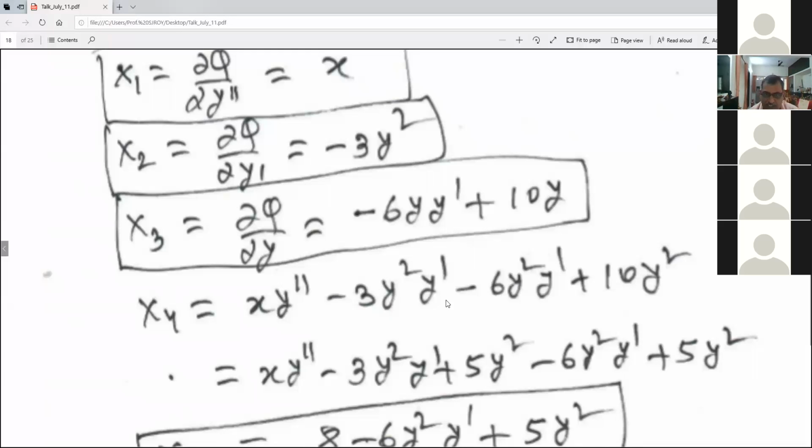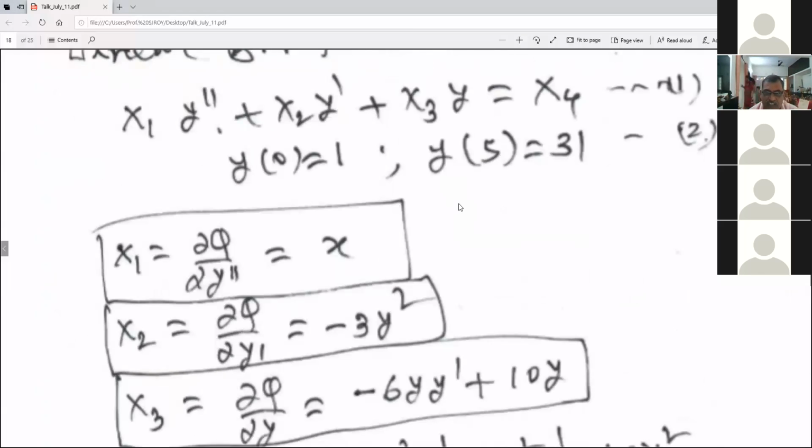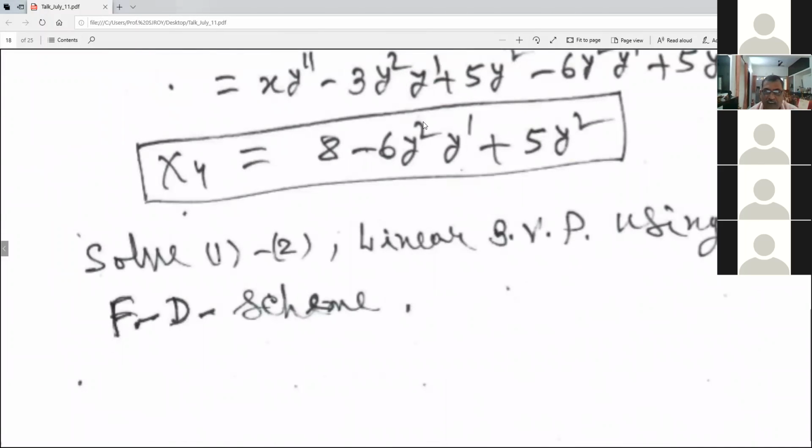Now this much big expression there is no need to write, because I can use the equation. The equation has these terms and another 5 y square. So you take from 5 y square, this quantity is 8. This 3-term value is 8. You see the equation. This value is 8. So I use the equation here in x4. Then I got this value. So I got x1, x2, x4.